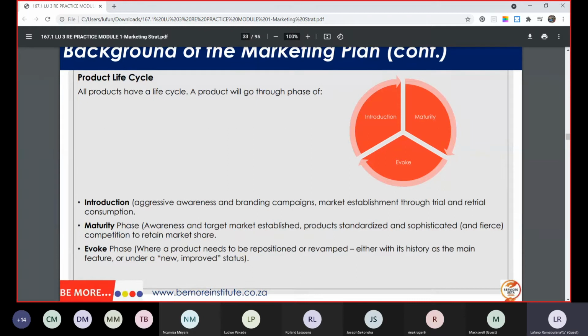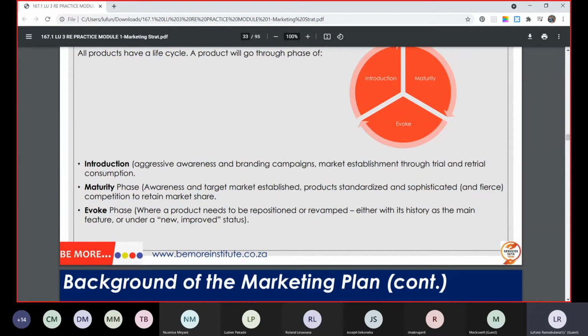Now let's go to your product life cycle. All products have a life cycle. A product will go through different phases. We have an introductory phase, then maturity, and then the decline phase. It moves in this cycle: introduction, maturity, and then decline. Your introduction